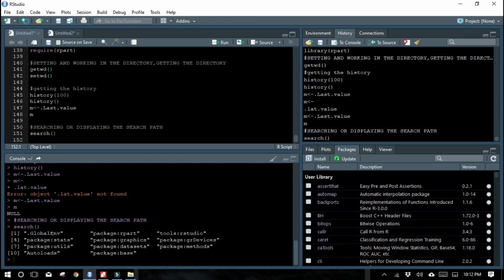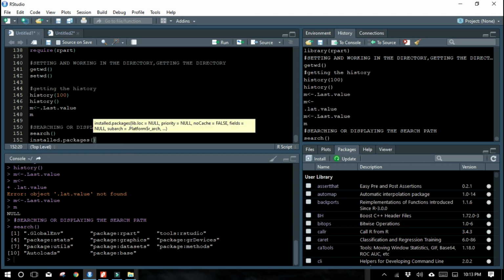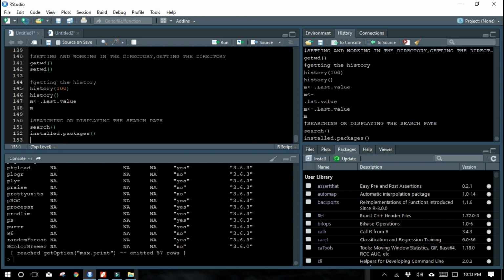Accessing built-in datasets. How to access a built-in dataset? First, if you want to view the installed packages, you can use the command installed.packages. Now if you enter, these are the packages that are installed.